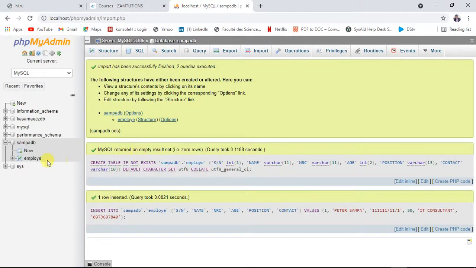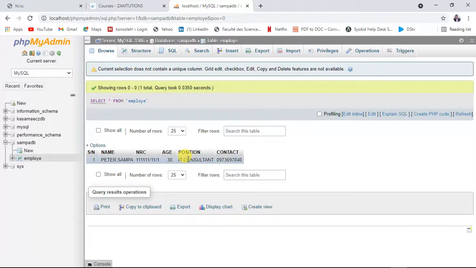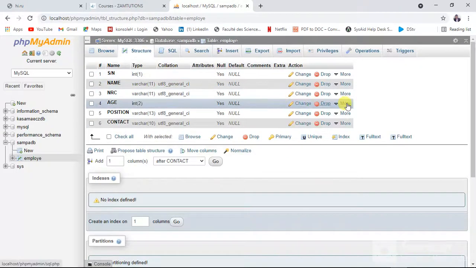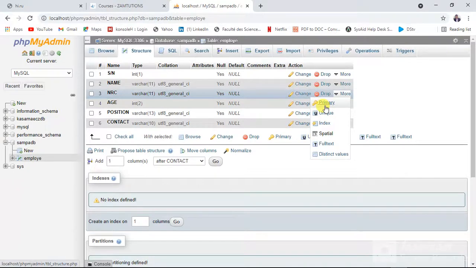There you have it. And then once what you're trying to make as a primary key has something, that's when it can accept. So you go to structure, then make the NRC as a unique